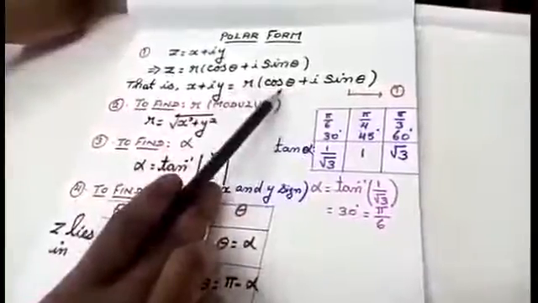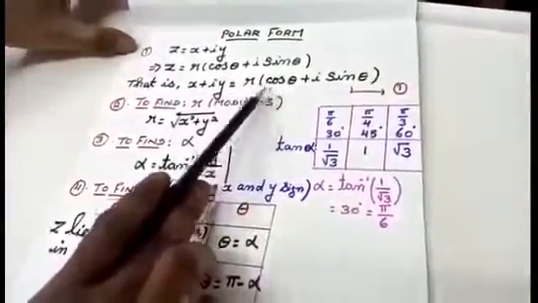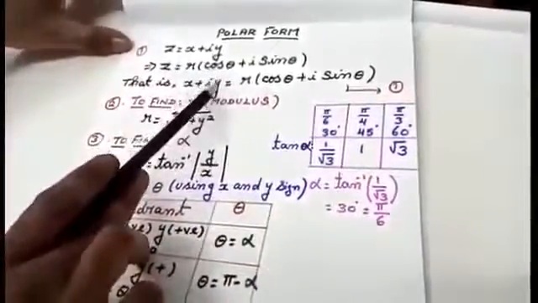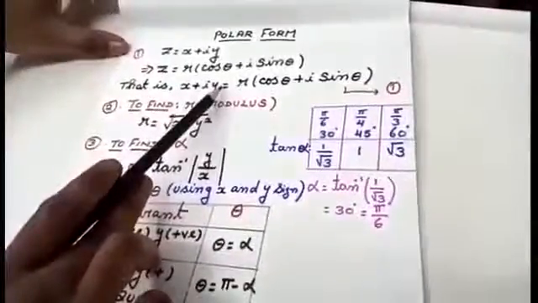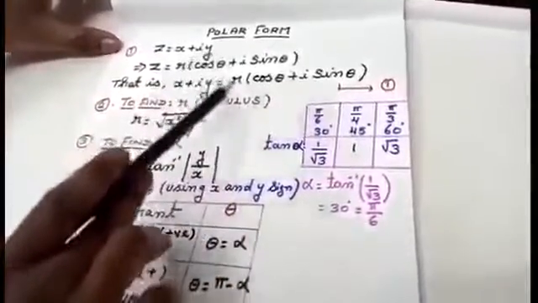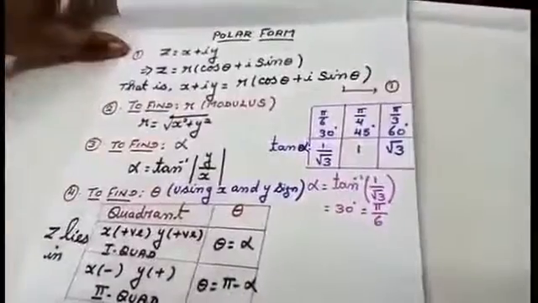So that is the procedure we are going to do here. This is the first step, students. Keep this in your mind. Whatever question they give you, you are going to write like this. Write the question on the left-hand side, and on the right-hand side write it in polar form, that is r cos theta plus i sin theta. Next, I am going to find r and theta, and that is the procedure we are going to see in the following steps.